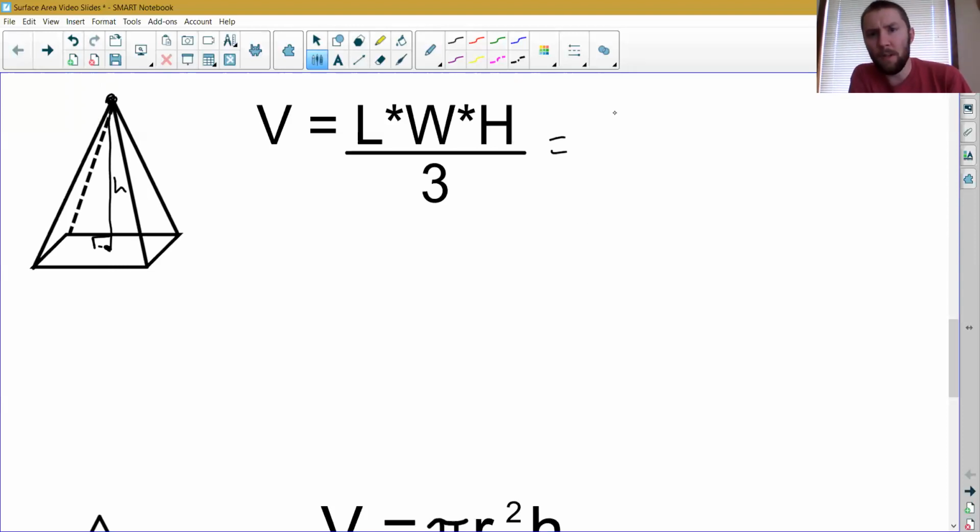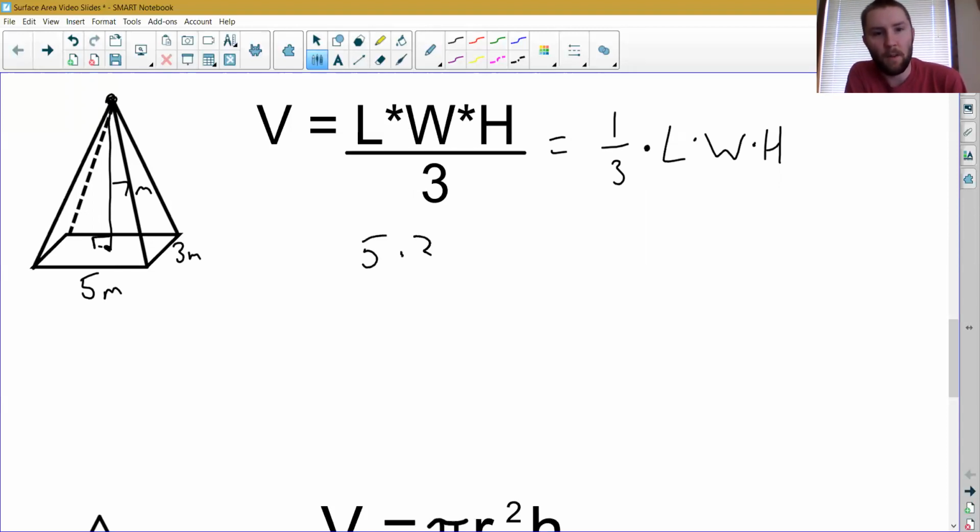An alternative formula here is we could do 1/3 if we prefer fractions, times length, times width, times height. These are exactly the same thing, whether multiplying by 1/3 or dividing the whole answer by 3, okay? In this case, if we just do a quick example, if the height here is, let's say, 7 meters and the length on the base is 5 meters and the width is 3 meters, we would simply do this formula,